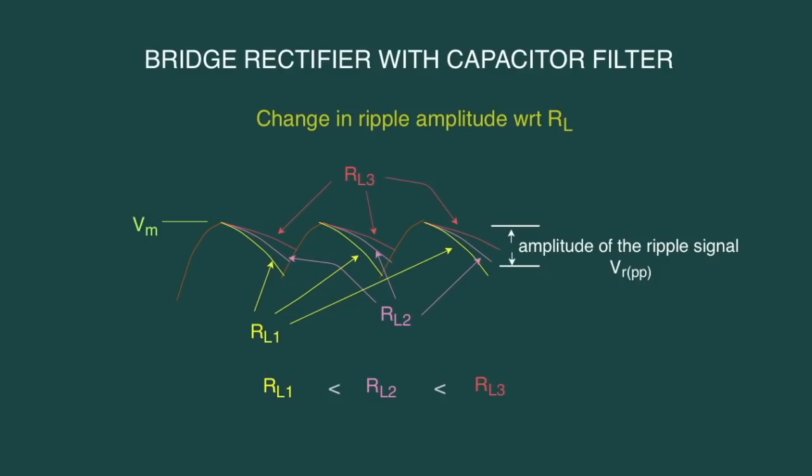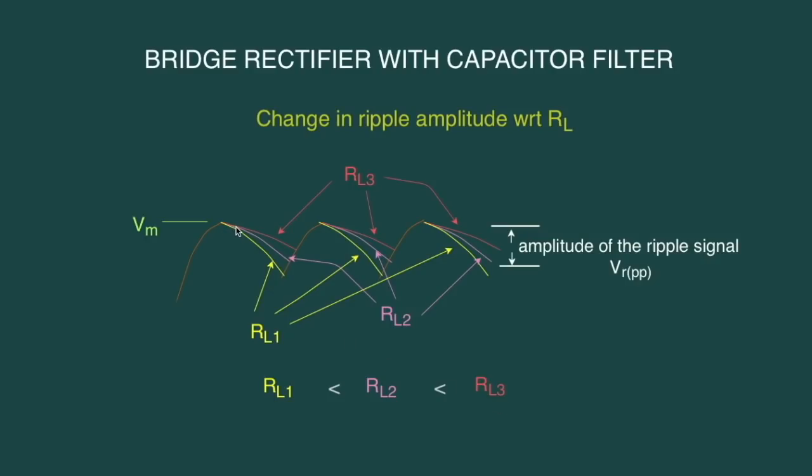We have seen that charging time constant of the capacitor depends on the forward bias resistances of the diodes. Hence, even if we change load resistance, the charging time constant of the capacitor does not change. But the discharging time constant of this capacitor is the product of RL and the capacitance value C. If we increase the load resistance, the discharging time constant of the capacitor will increase. That means the capacitor is going to take longer time to change the voltage across it.